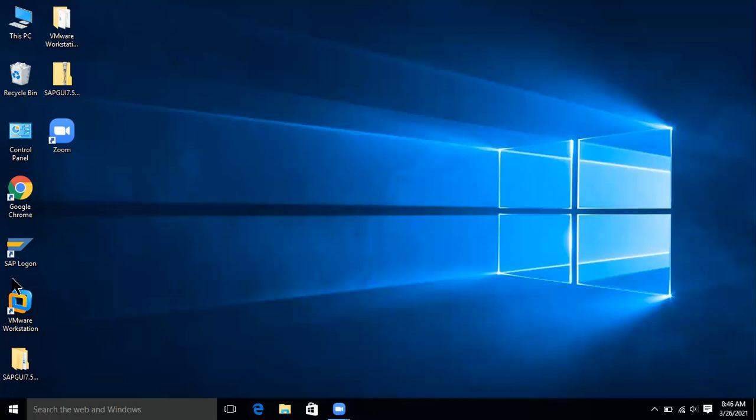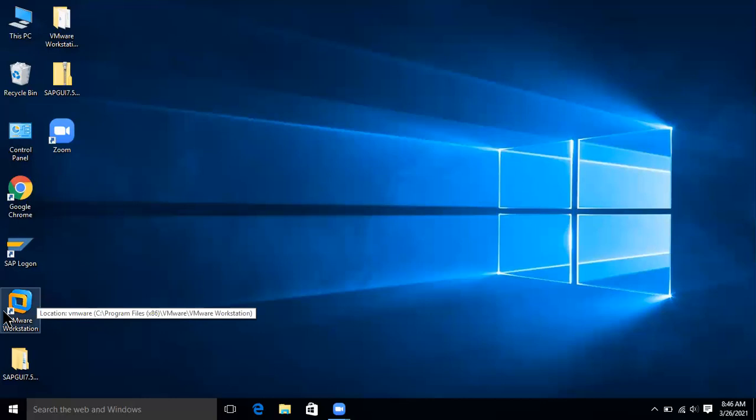This is my VMware icon here. I have installed SAP in this machine, that is, a virtual machine. That means I have my main PC here, and I also have a virtual machine where I have installed my SAP server and SAP application.